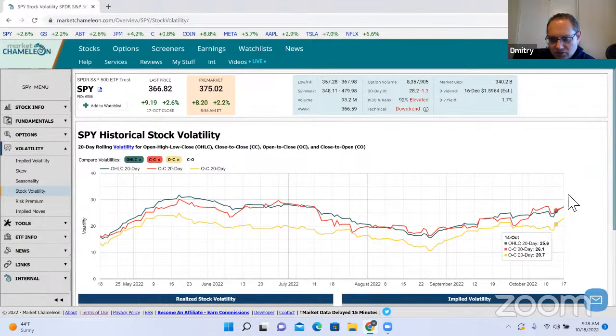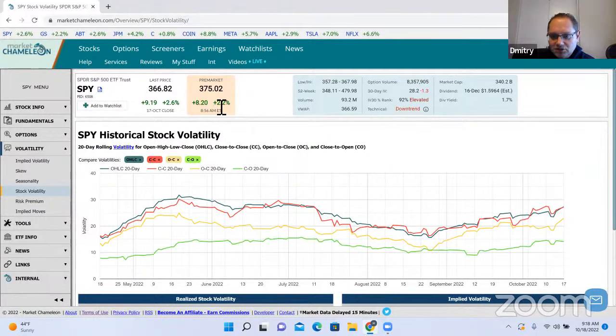The other metric we could look at is the gaps. And that's from the previous day's close to the open. How much is it moving from day to day just from that morning gap? So we close at one price, and the next day we open at a different price. And like today, there's a big gap, 2.2%. Let's see how that's been doing. And here we could see that it's ticking up for sure. It is ticking up right now